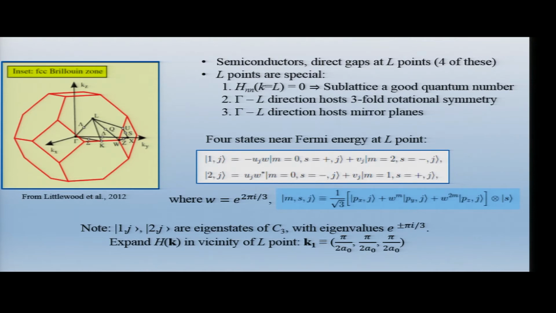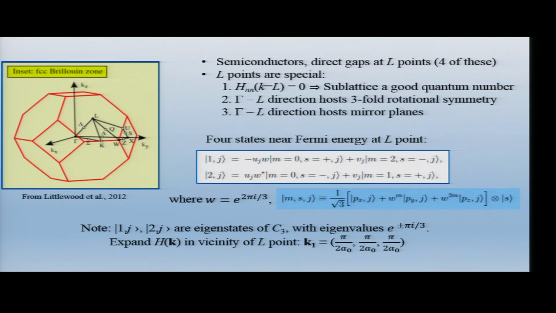Okay, so we begin to simplify things, right? We're down to 6x6. And then, as I said, there are a lot of nice symmetries. For example, if you look at the gamma L direction, it's easy to convince yourself that around the L point, there's a threefold symmetry axis. It's, again, a bunch of mirror planes, one of which is going to become relevant in a moment. But if we look at the threefold rotational symmetry, we can then break up the eigenstates into three blocks of different values under the threefold rotation. And so then I get 6 divided by 3. I get a bunch of 2 by 2 matrices, and you can diagonalize this by hand and get the eigenstates